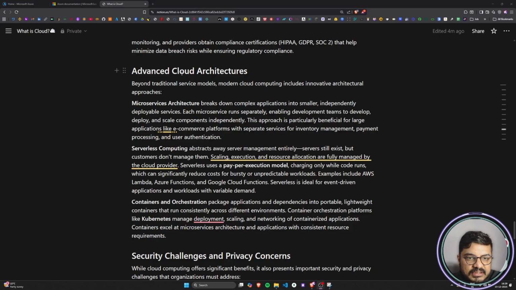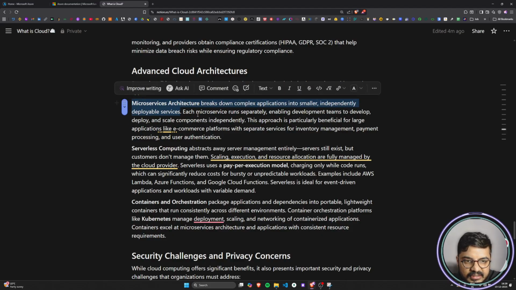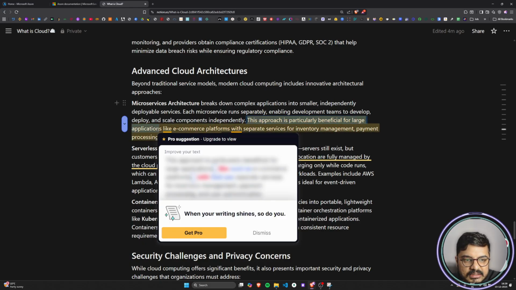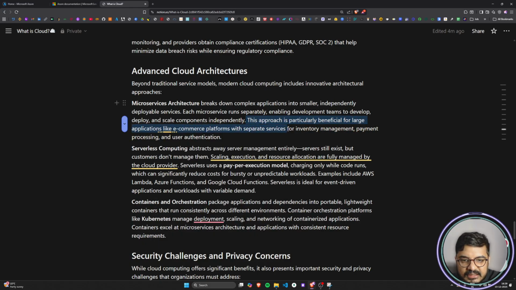So talking about the advanced cloud architectures, right? Beyond the traditional service models, modern cloud computing involves innovative architectural approaches. First one is microservice architecture, which breaks down complex applications into smaller, independently deployable services. Each microservice runs separately, enabling development teams to develop, deploy, and scale components independently. This approach is particularly beneficial for large applications like e-commerce platforms with separate services for inventory management, payment processing, and